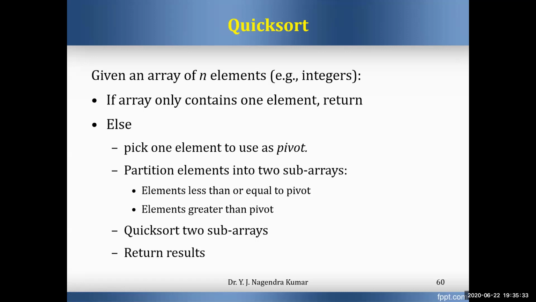By considering the pivot, the left part of the pivot you have to consider as the first subarray. The right part of the pivot element you have to take as the second subarray. Again, you have to apply this quicksort technique on those two subarrays. And finally, we'll get the original array with sorted elements.